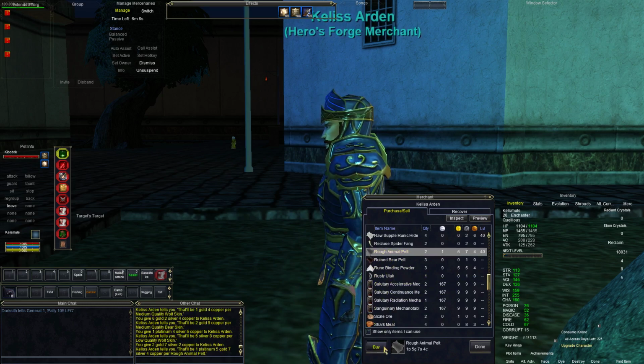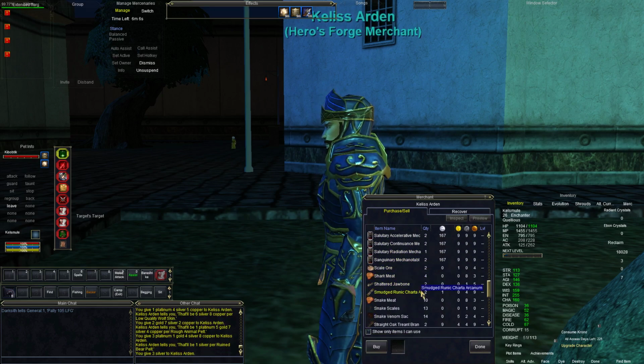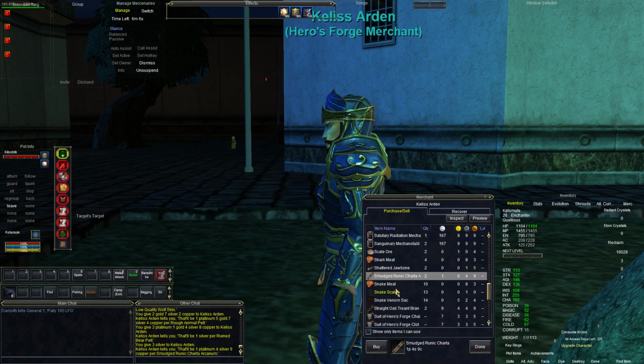There's another rough animal pelt, ruined bear pelt. I'll go ahead and get it. Okay, here's some for spell research. Only 1 platinum, 4 silver. And there's 2 of them. That's, you know, an uncommon drop on higher level